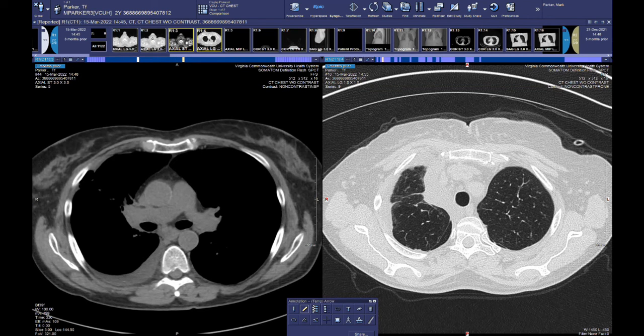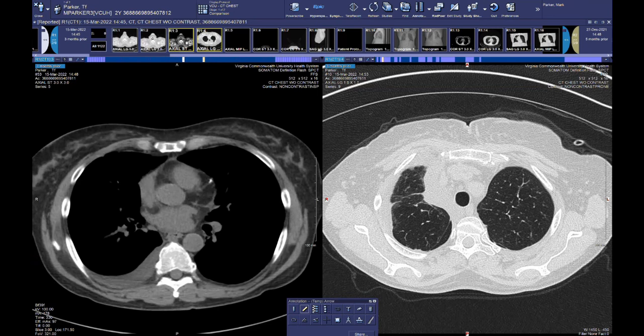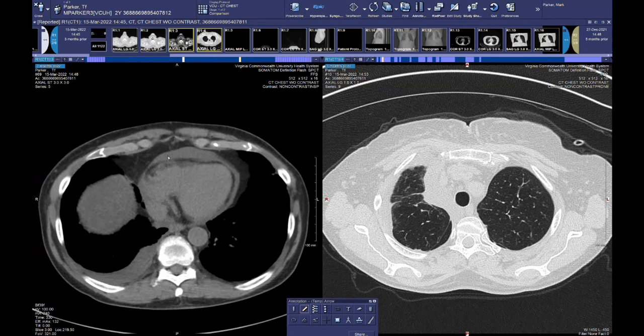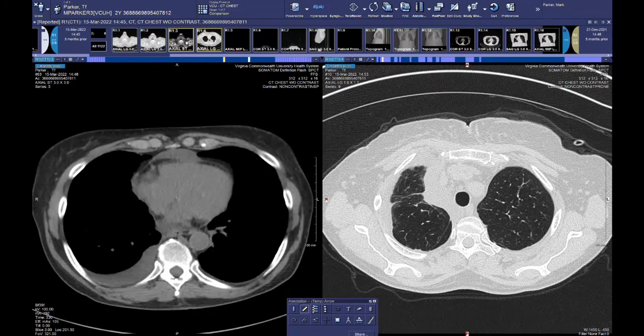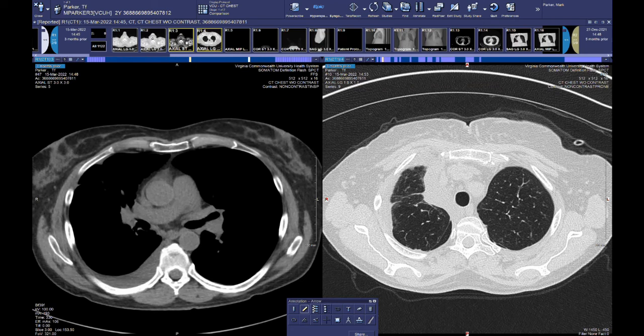No change in diameter of the pulmonary arteries, no anterior mediastinal masses. The pericardial effusion again is somewhat larger and becoming loculated along the right ventricular free wall. You mentioned the pericardiac nodes. These have waxed and waned a little bit. Initially were not present, got a little bit larger and got a little bit smaller, then got a little bit larger and then got a little smaller. So they kind of waxed and waned over the series of examinations. Despite the history you had that they were new, they have actually been present.